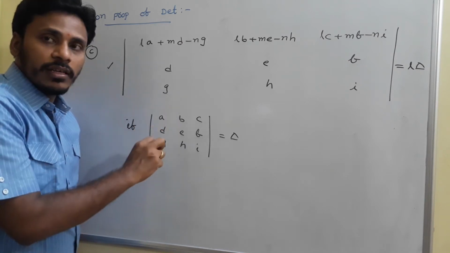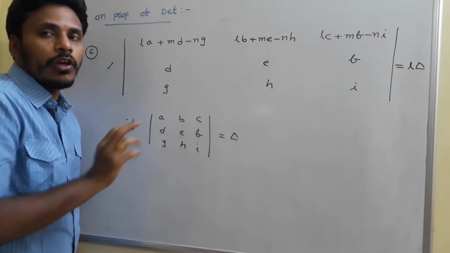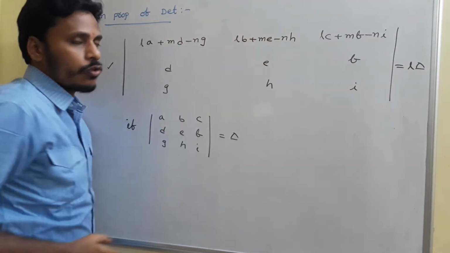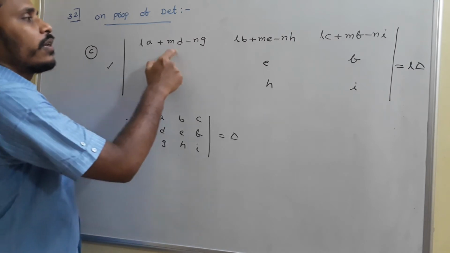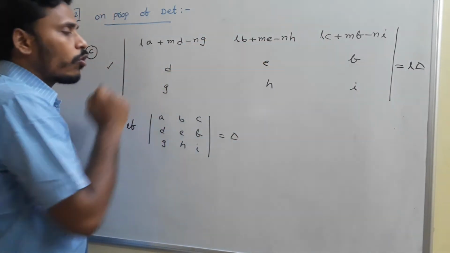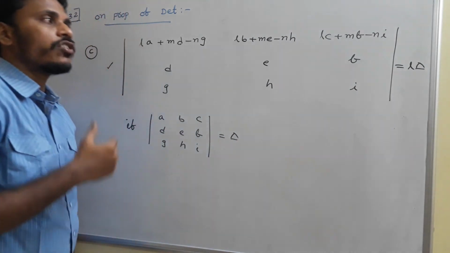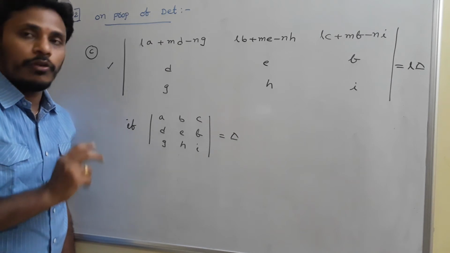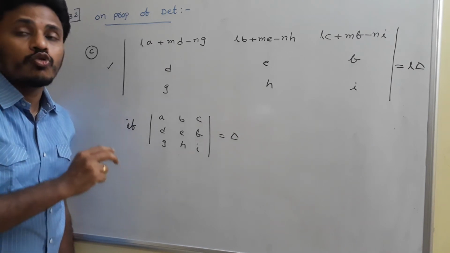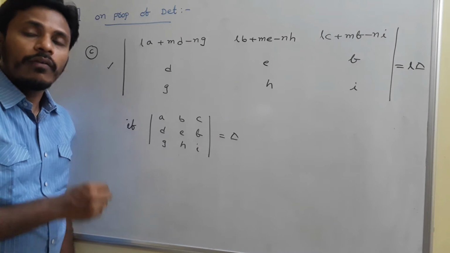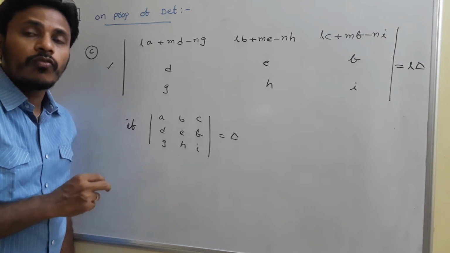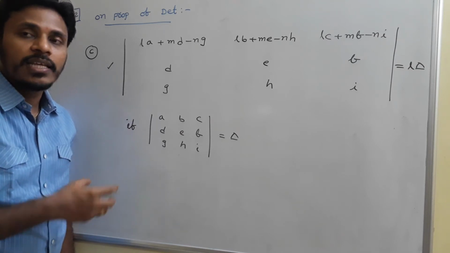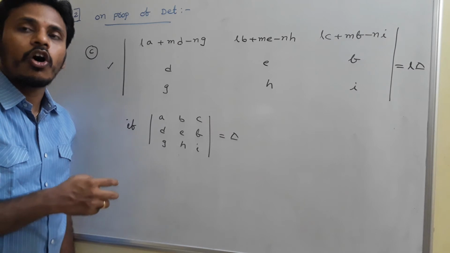So if you add all these things and replace any one of the rows, not only the first row, okay, here in particular I replaced the first row, but you have a chance to replace these three elements maybe in the second row or maybe in the third row. You just replace anywhere, but always you will get the same answer, right? So if there is a chance to replace any row with a linear combination of the elements of the other rows, all these we usually call row transformations or column transformations.